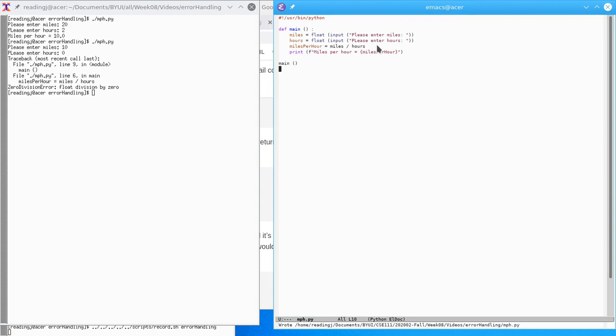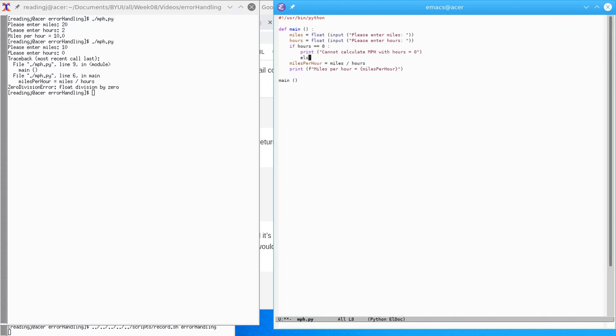The first thing I should probably do is I should say if hours equals 0, print cannot calculate MPH with hours equals 0. And so that would tell the user,